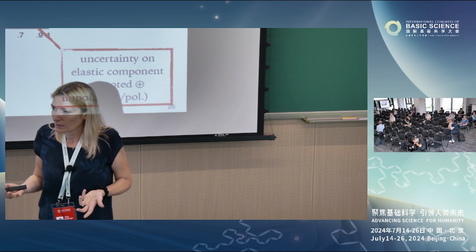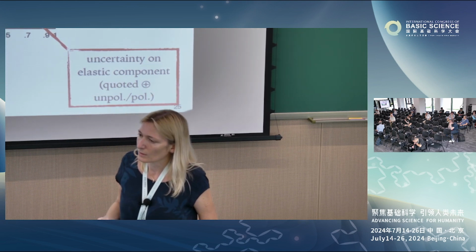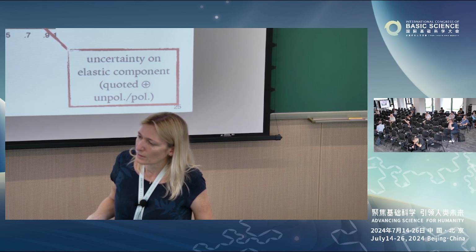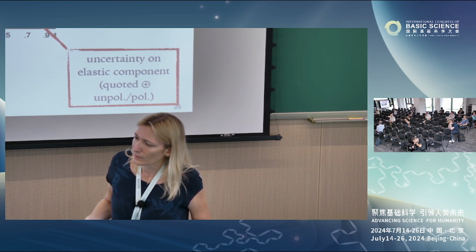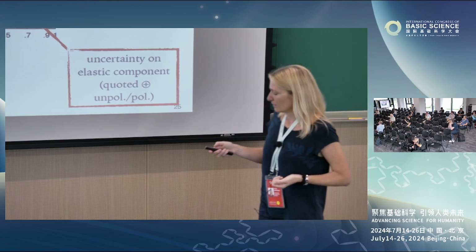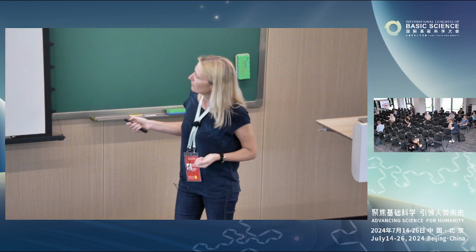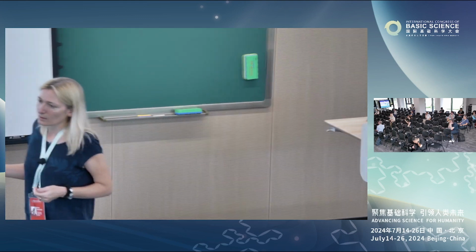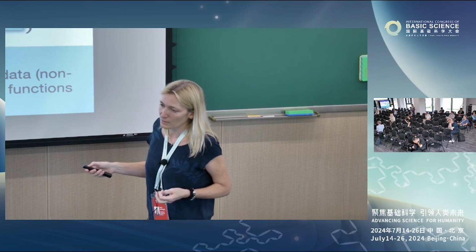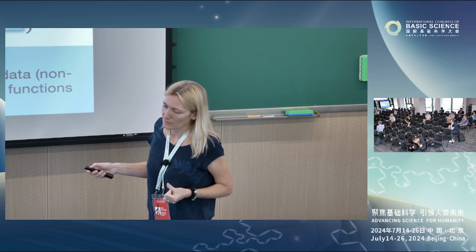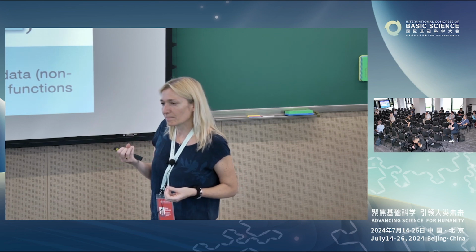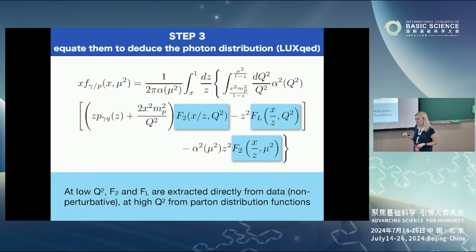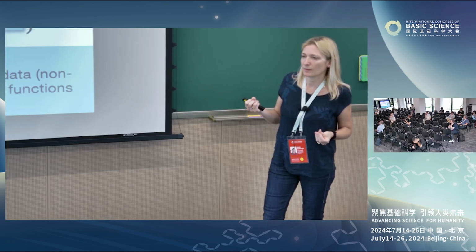Yeah, but that's for timelike Q squared. Your formula writes the photon PDF as an integral over F2. So you're saying that these resonances are also in this F2? Yes. So F2 is the parameterization of. For R, it's a timelike Q squared, but here it's a spacelike Q squared. I'm not sure I understand. I'm not sure I see the resonances here.